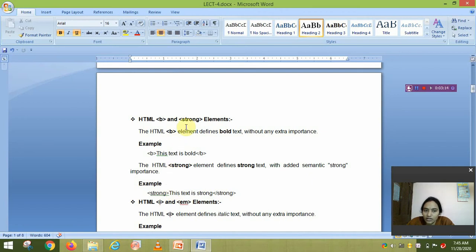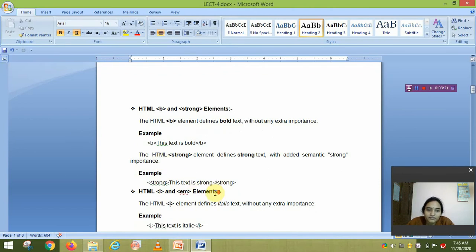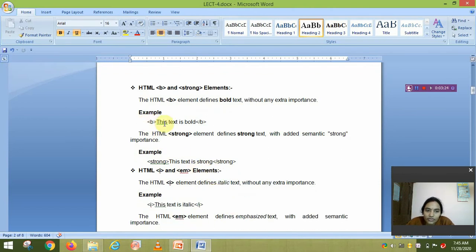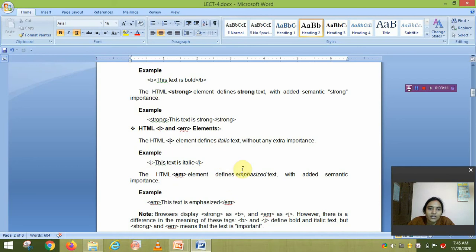Both tags look similar, not much difference. So if you want to write the text as bold, then you open the bold tag. That means in the angular bracket you write B, then you write whatever text you want, then you close the bold tag using a forward slash. Okay, in this way you write all these tags.